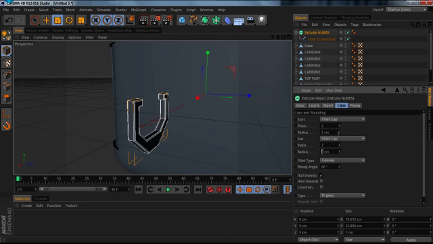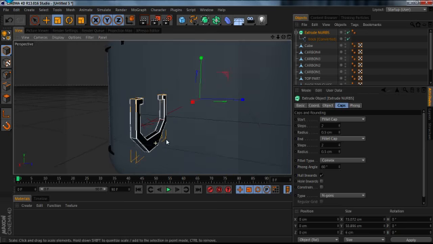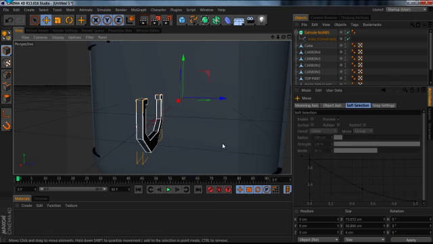I think that's quite big. 0.5 will do for the time being. 0.5, I think that would do. Okay, and the next part is to go ahead and